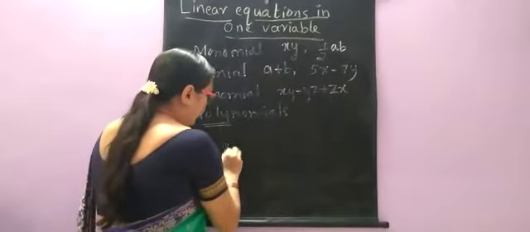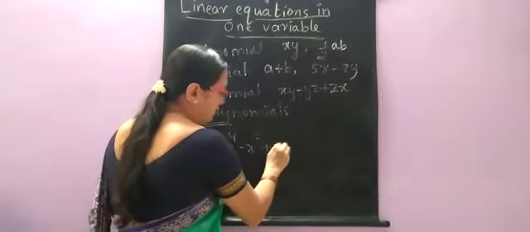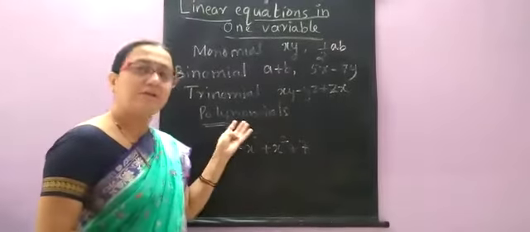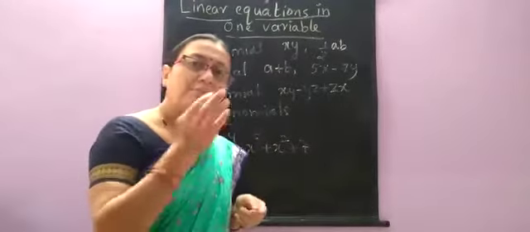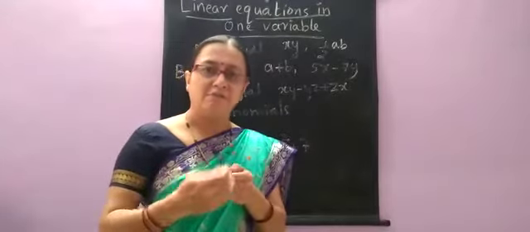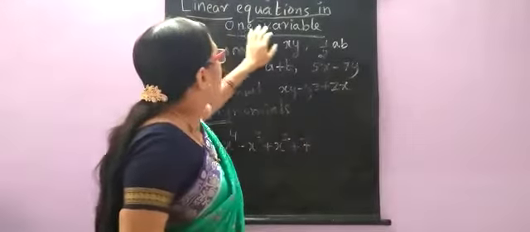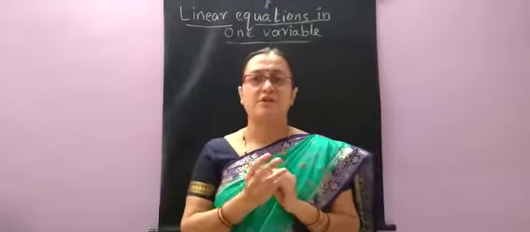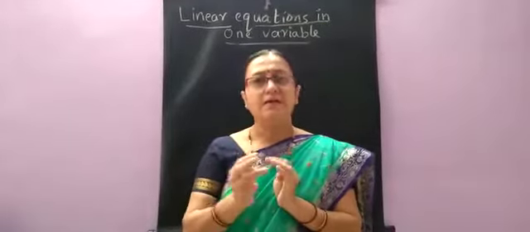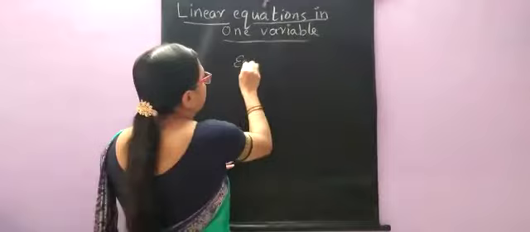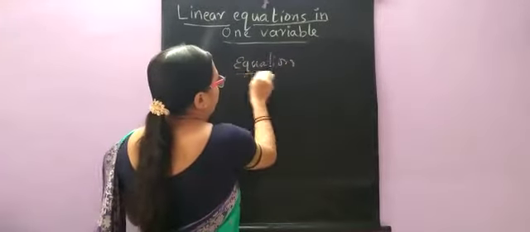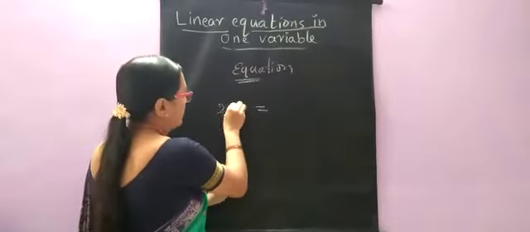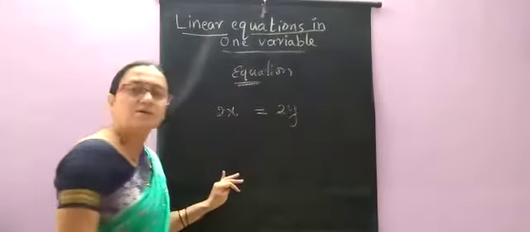Okay. For example, x raised to 4 minus x cube plus x square plus 7. Now this has four terms here. It is called a polynomial. So till here you have learnt in your previous class. Now we are continuing with the 8th standard part, that is linear equations in one variable. Now when we take two expressions on either side of an equal to sign, then an equation is formed. Equation itself shows equal.